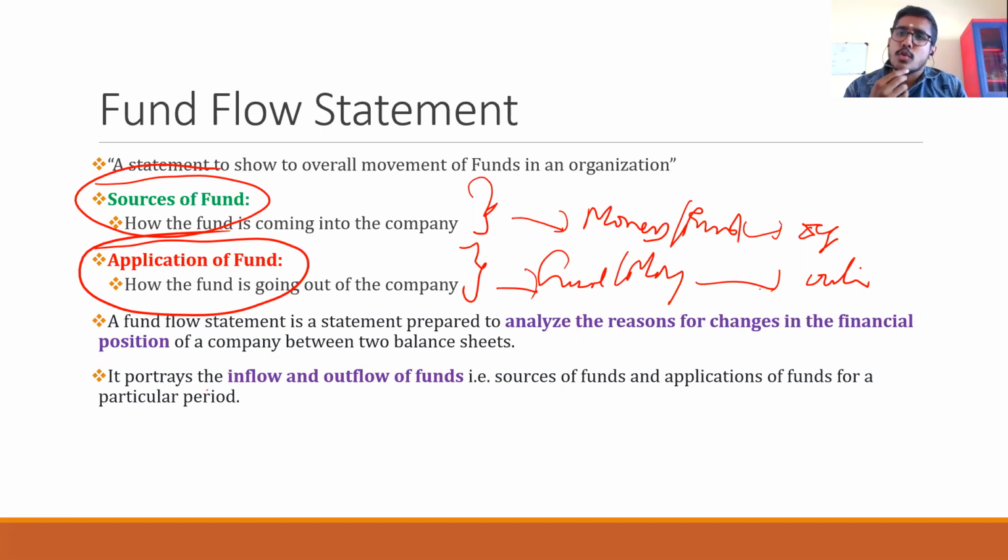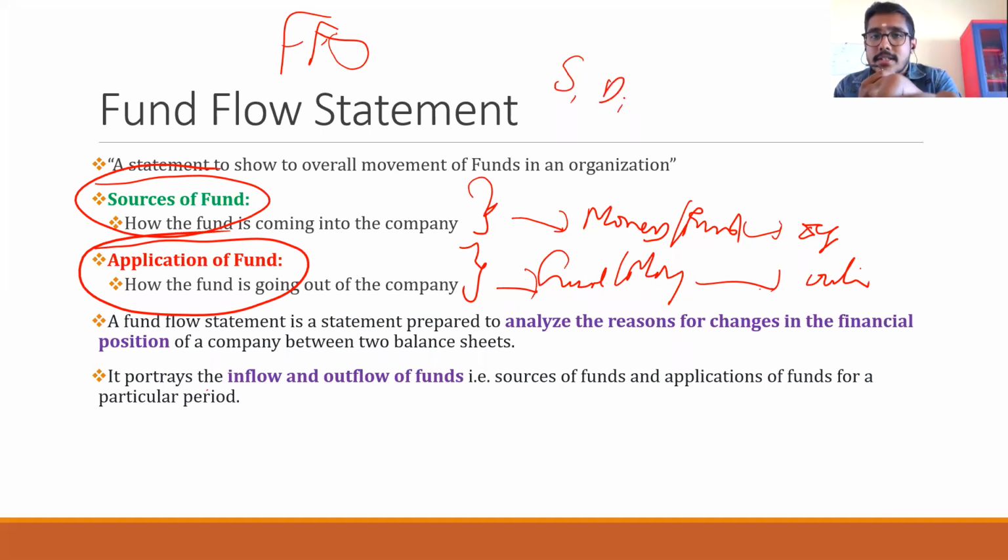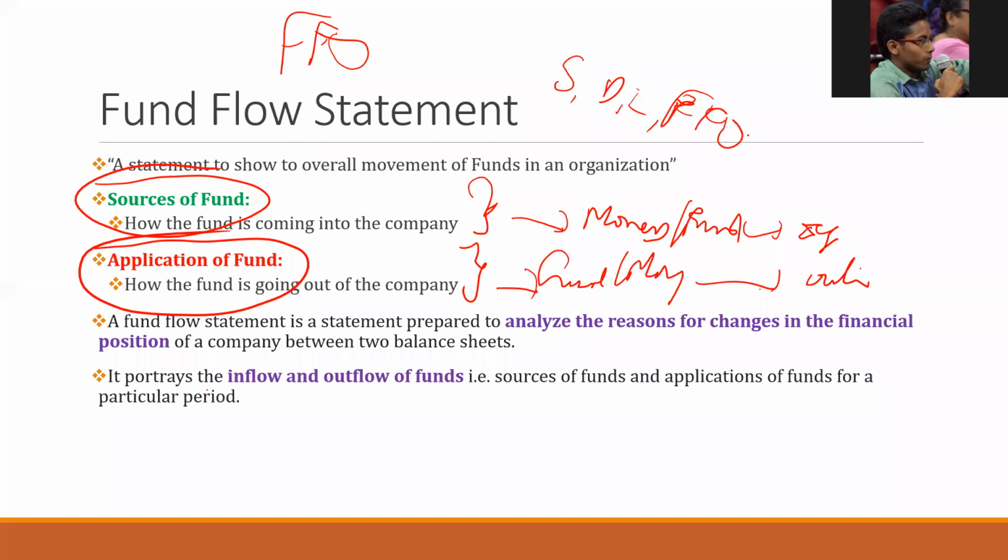Can you guess what the sources of fund for an organization are, from a layman's point of view? Capital, loan, profit. There is another name for profit, that is known as fund from operations, because we will be preparing another document called the adjusted P&L account. So leave it at that. What David said was true: shares, debentures, loans, profit, that means fund from operations.